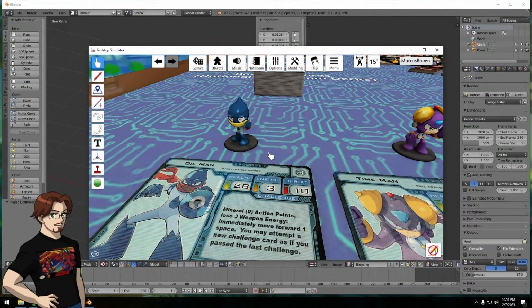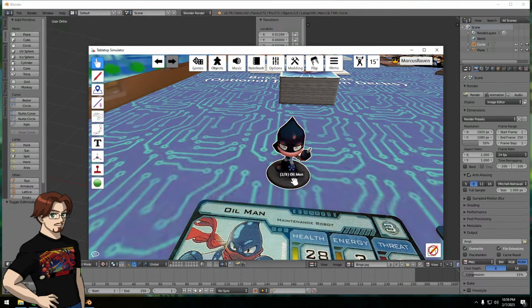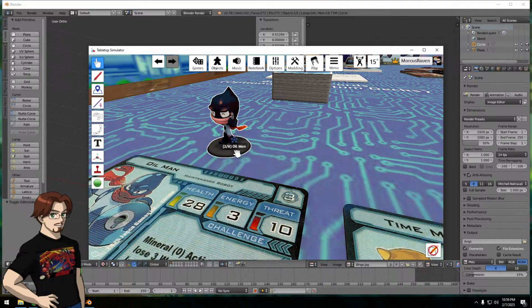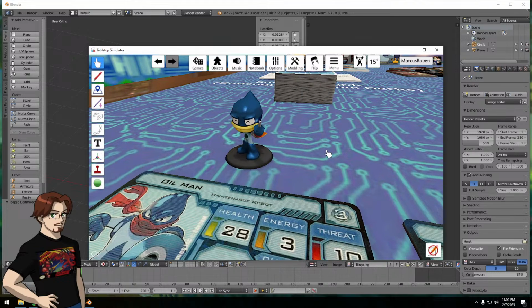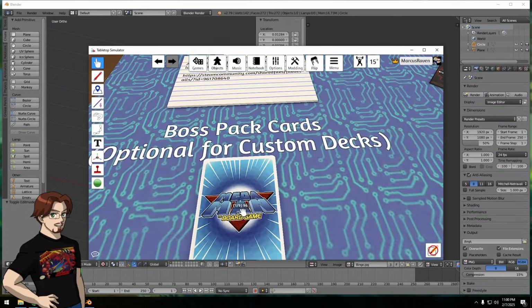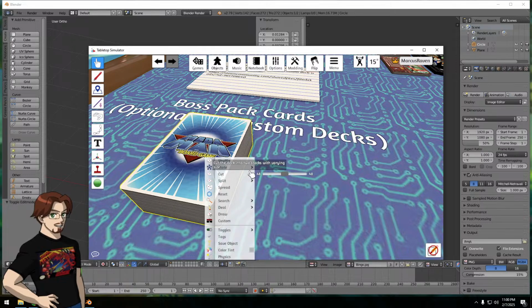Oil Man has his Japanese colors. A version where he has his regular and Japanese colors with his scarf covering his face, like in the official comic artwork. Gold version based on the US and Japanese colors, also with face cover. Very happy about that. These are the boss cards, which also have the various